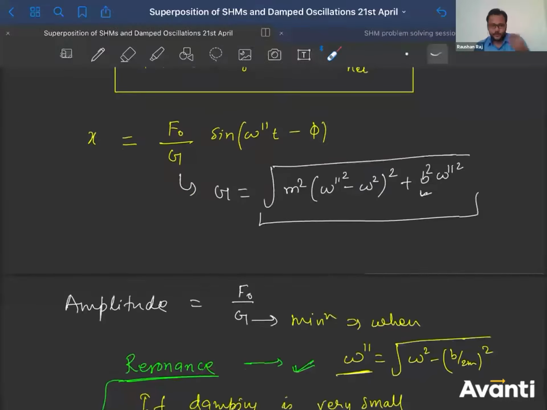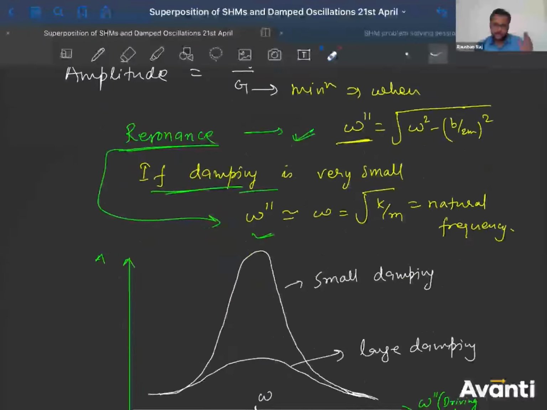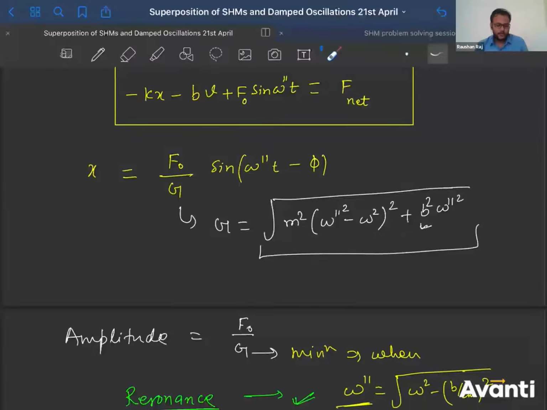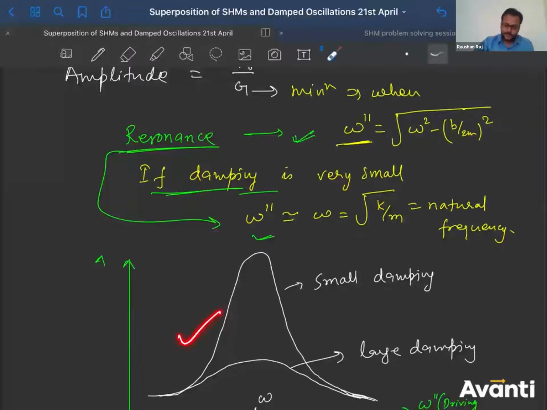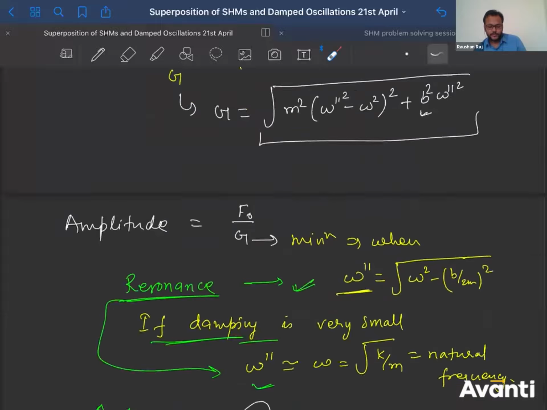So if you are going to study engineering, and if you are lucky enough to study mechanical engineering and theory of machines, you will study forced oscillation and resonance in greater detail. But for PU1 guys, for you, I think this is enough. You don't have to go beyond this. There is very little chance that they will ask you questions from this part at all. But if they do ask, they will ask from this part or this part. They'll never ask you the value of capital G or something of that sort. Okay, so please do remember that.